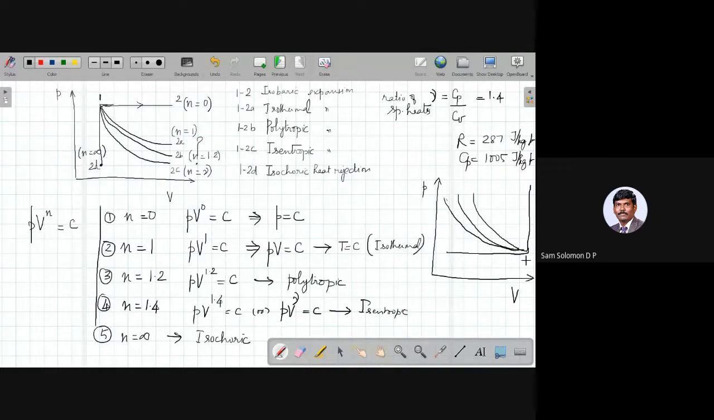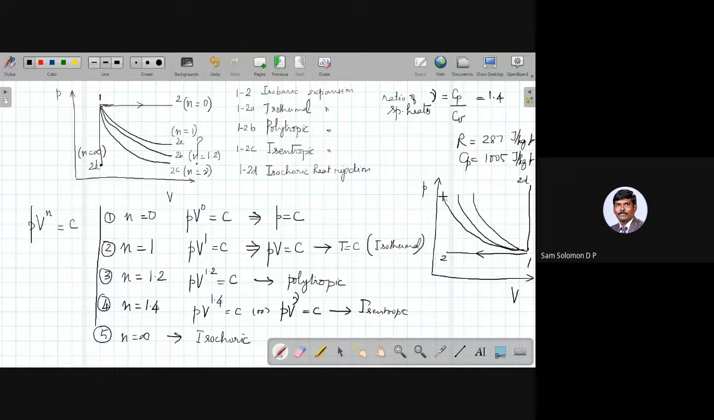So we can call this 2. I'm moving from 1 to 2, so that is my isobaric expansion. Sorry, it should be the other way around. This one is supposed to be 1 and this one is supposed to be 2. So 1 to 2 is isobaric compression, and here this would be 1 to D, which is isobaric heat addition,